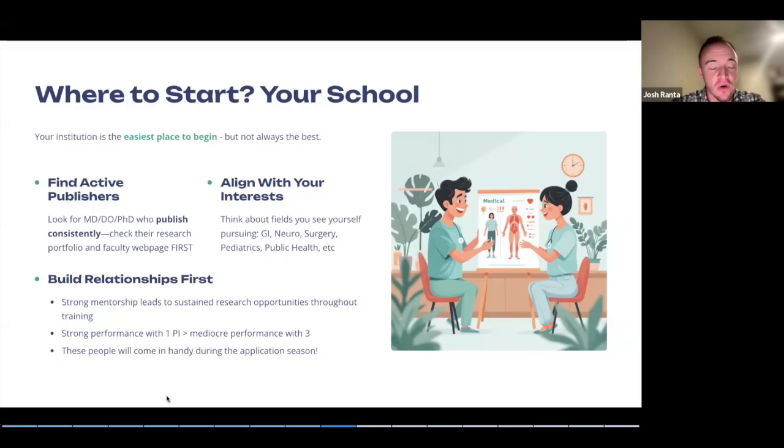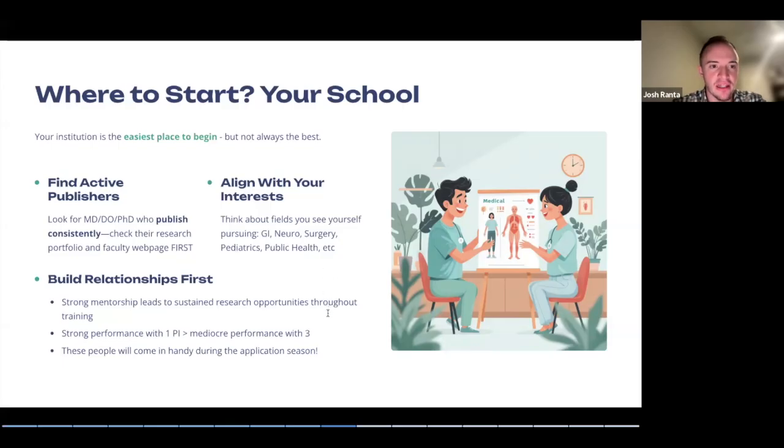If you are an MS1 or MS2 and you're not sure what to do, you don't know your field of choice, keep it broad. You can have multiple projects in different fields. What I would say though is by M2 and M3 year, it would be great to narrow your focus and start doing some real clinical research, focus on your specialty of choice. And that looks different for everybody. But it is important, and it shows, like we said, your